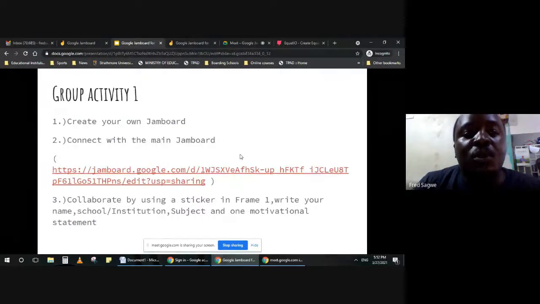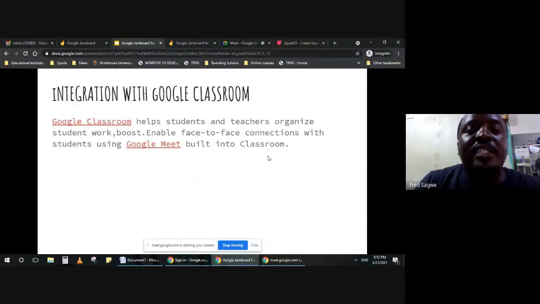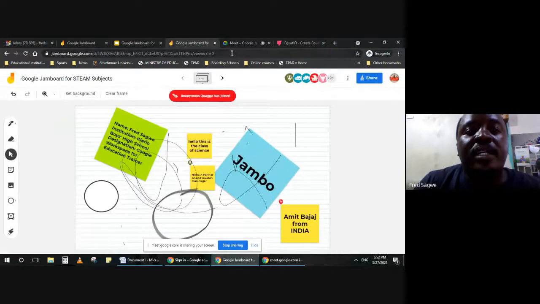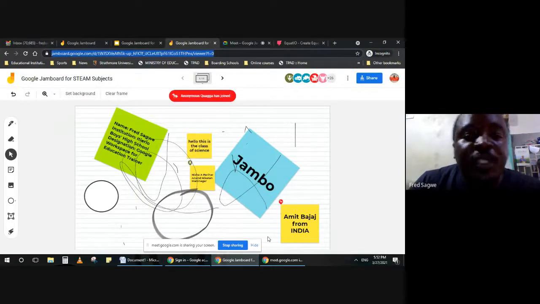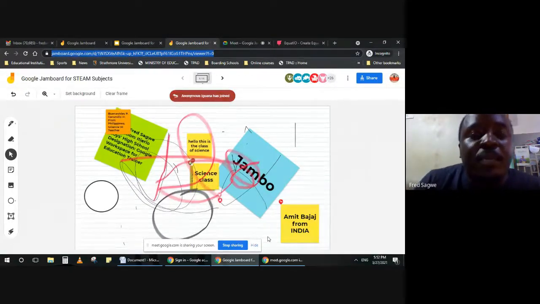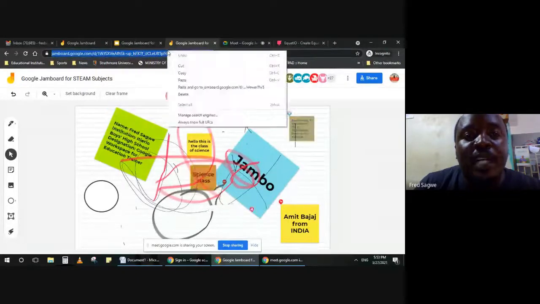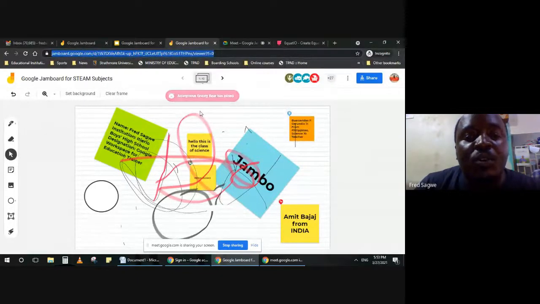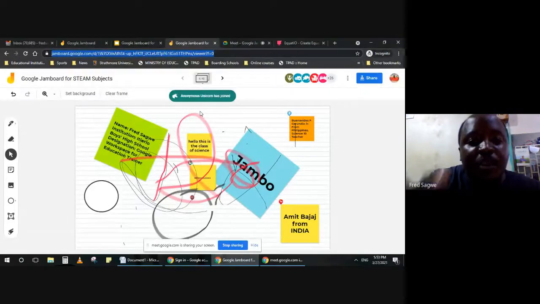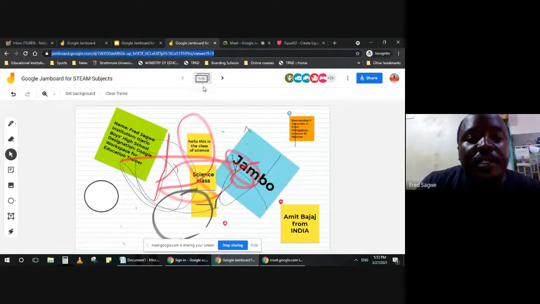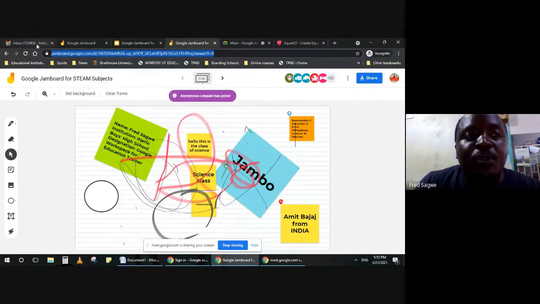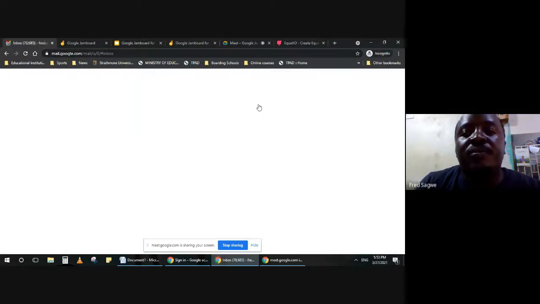I want to show how we can integrate this one with the Google Classroom. So the next thing was for me to show how we can integrate the Jamboard. You give it as an assignment to your students. So I'm going to copy the URL and take it to a Google Classroom, to present it. For example, you have done the work on your Jamboard, and then you want to export this one to your class. So I'm going to put it in a Google Classroom, and then